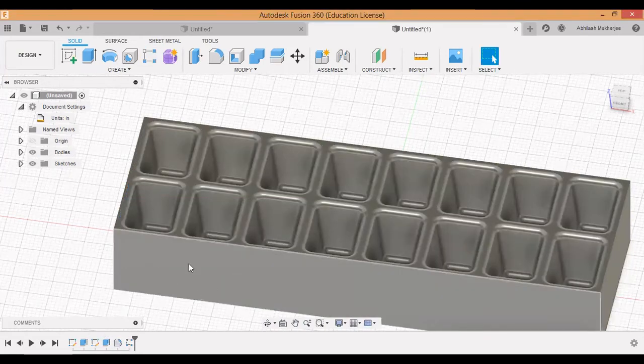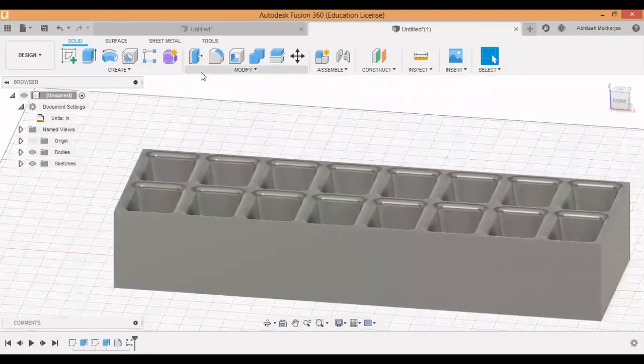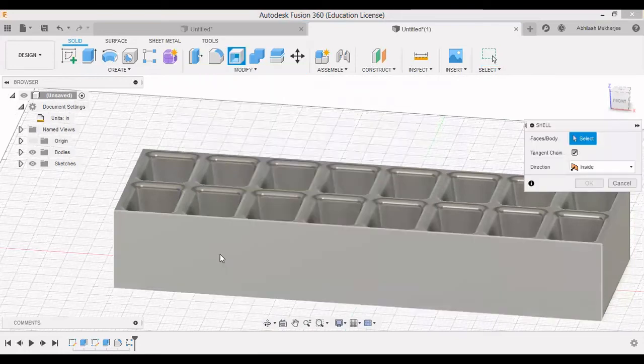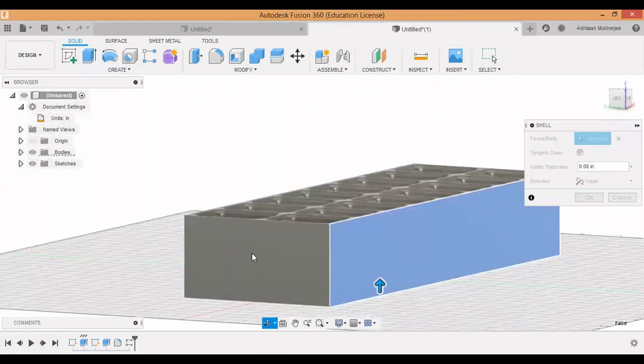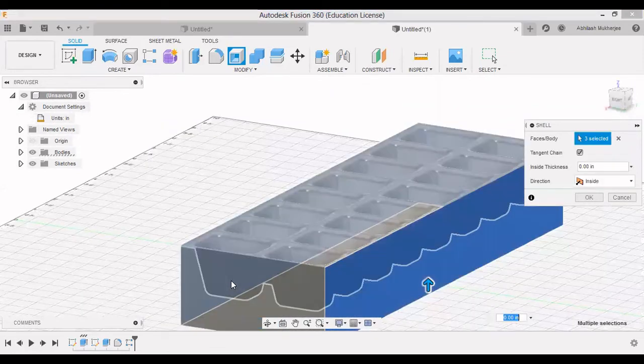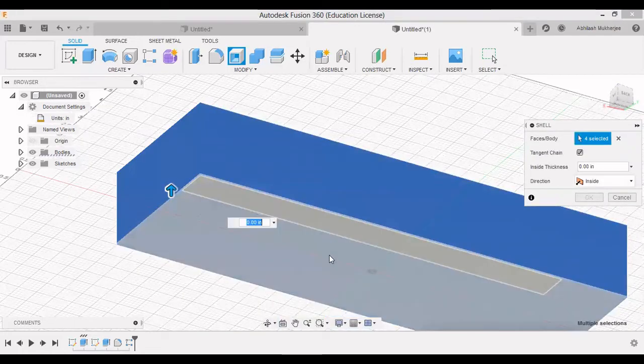Now I want this outer body to be hollow. In order to do that, we'll go to modify, then I'll shell it out. Select all the sides that you want to shell. This part and the bottom part.